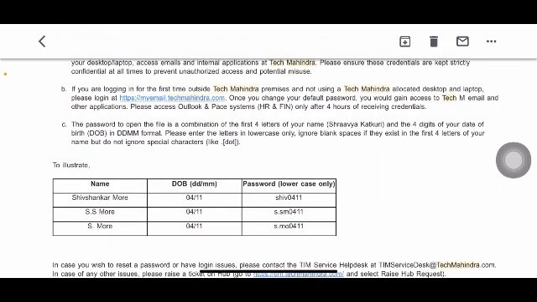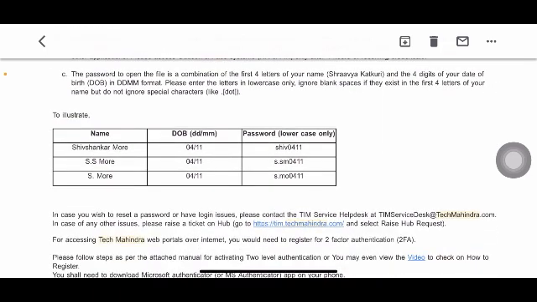What you have to do is this. For example, suppose your name is Shiv Shankar Moore, that is what is given, and date of birth is 0411. That means whatever you gave during your registration and application, that you have to see. Even if you gave your name in uppercase, you have to use lowercase only for the password.